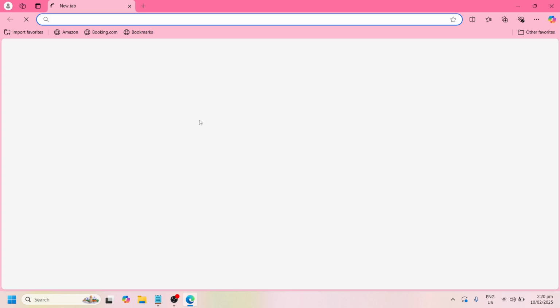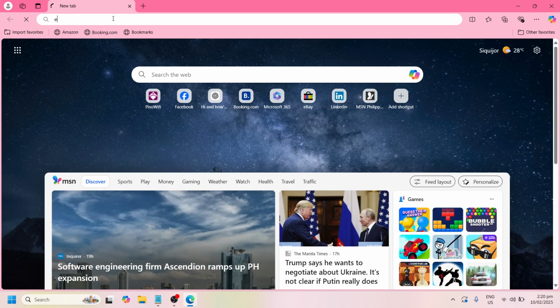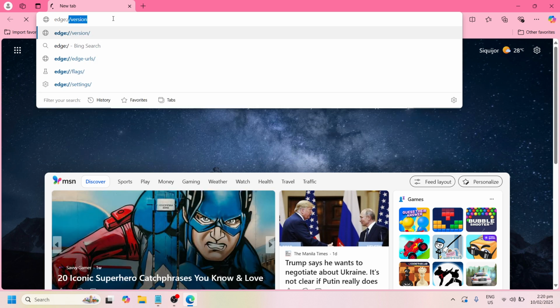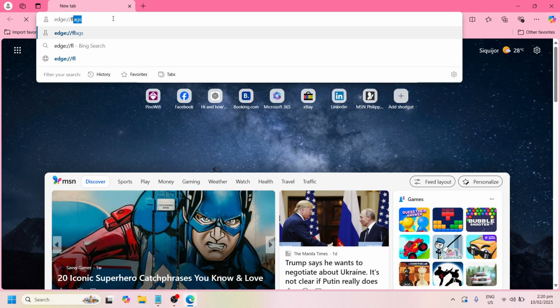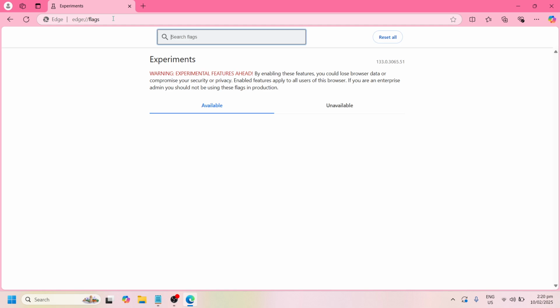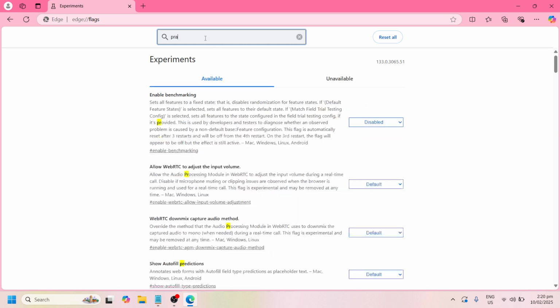Okay? So once you are redirected here, at the upper search bar, please search edge://flags. Once done, click enter to continue. Okay, so the moment you are here in the experiment section, here at the search icon, please search for parallel